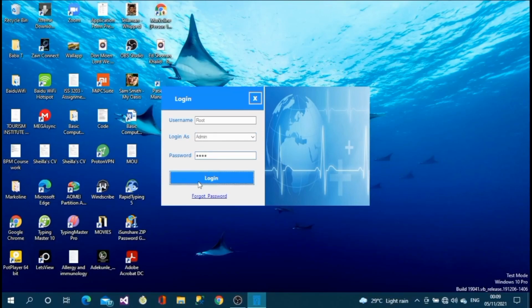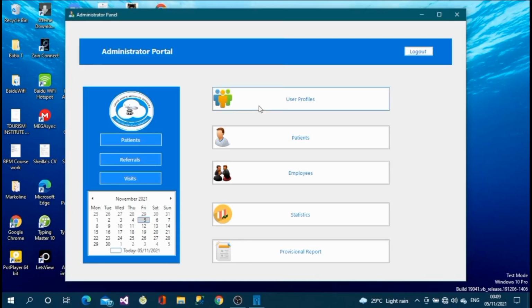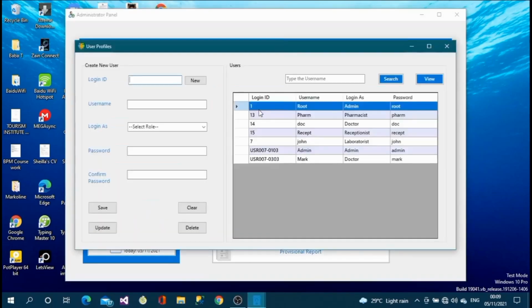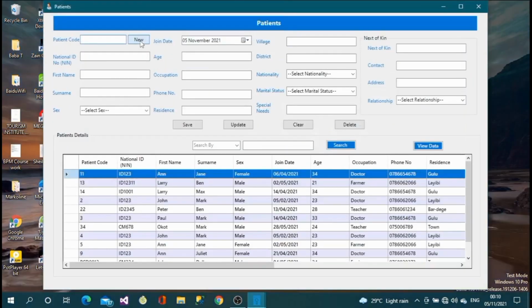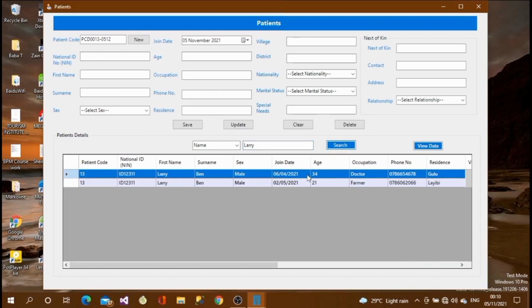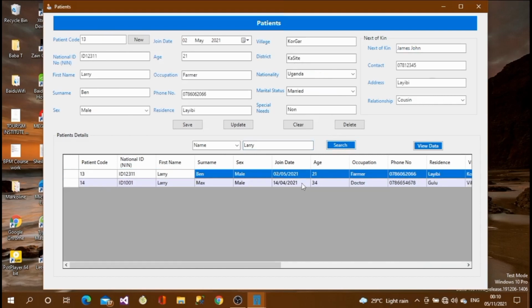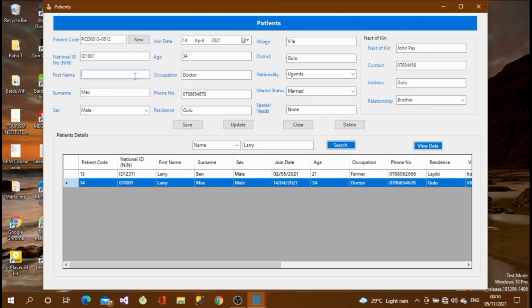We'll see the administrator creates the users, has access to employees, and also creates patients and views some statistical data. We see that even the users have a unique code. So the patients also have a unique code that is generated from the total number of patients available and then the date. So this is the number that the patients carry to enable them to access the services of the hospital. So you don't need to carry a paper with your name and all that. All you have to remember is just the patient code,